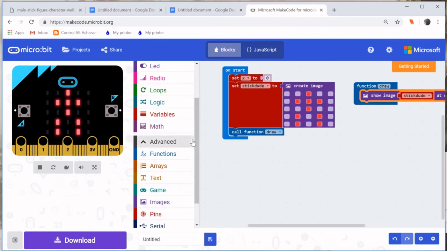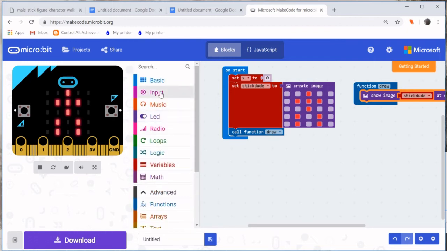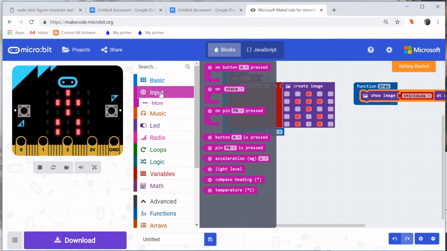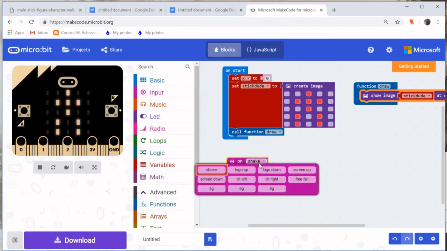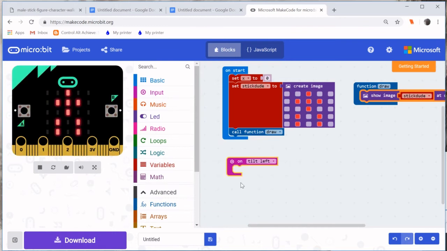Cool. Here we go. This is where we get our interactivity. We need an event to happen. It could be a button press. It could be a tilt. I'm going to do a tilt because I think it's cool. I'm going to go to Input. And I know that shake can also be tilt. All right, so on tilt left,